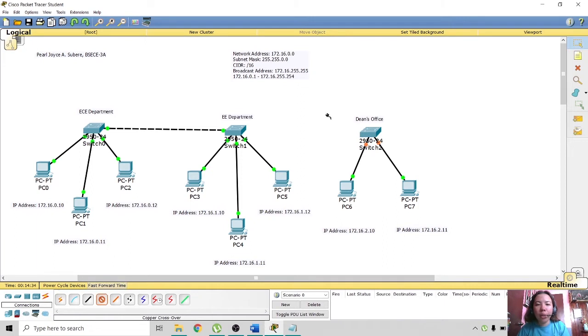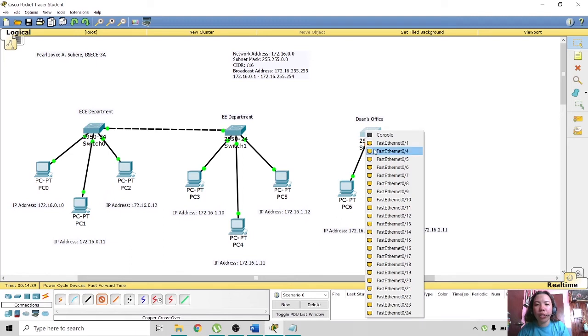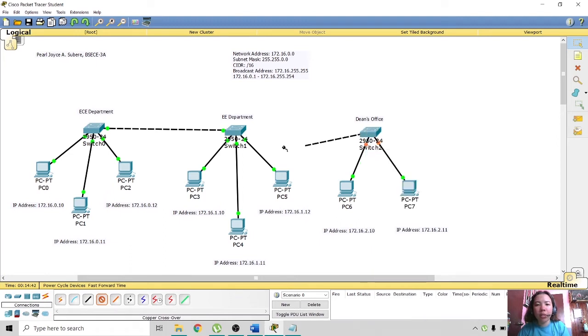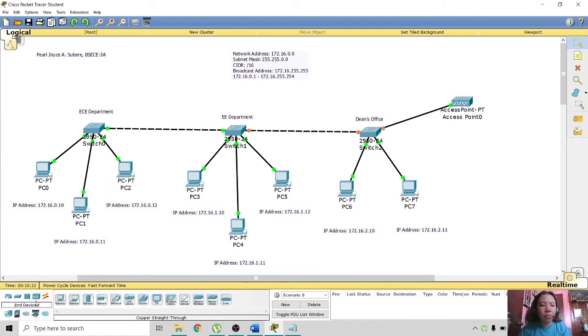And I will connect this switch to the switch in the department. Okay, and let me also add a wireless access point to the dean's office. Okay, and I will connect this to the switch by using a straight through cable. And since we have the wireless access point, let me add